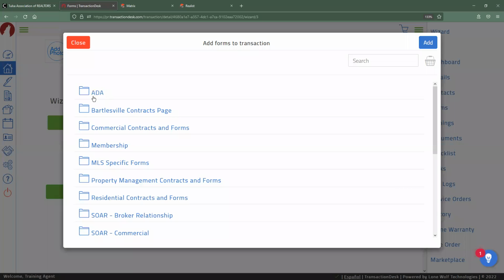If you don't need these association or area specific forms, you can just use the generic ones like commercial, membership, MLS, property management, or residential. So in our case, I'm actually going to dive into this residential contracts and forms again, just to give a generalized view of this.